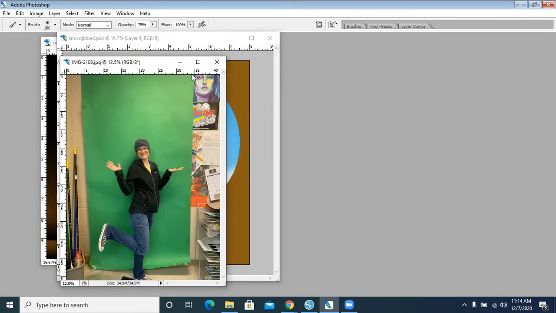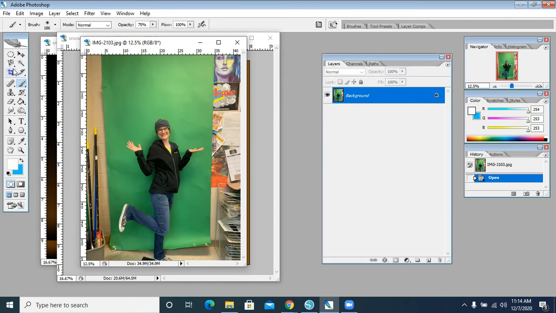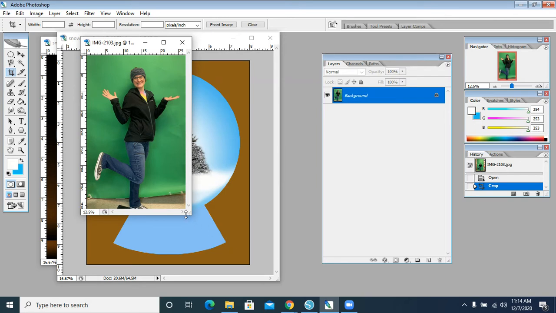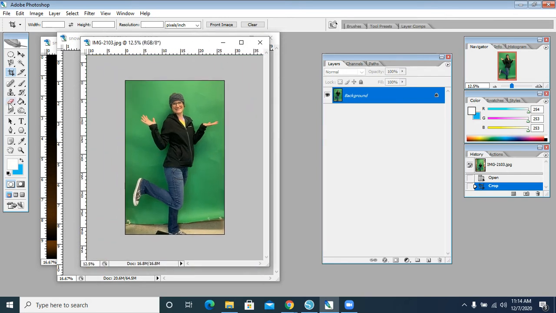So we took your picture in front of a green screen because it makes it easier to get rid of the background. So first I'm going to use the crop tool and I'm just going to get rid of some of the extra background. Save me a little bit of time. I'm going to use, you can either use the magic wand tool. You can hold down shift to add to your selection. You can do the whole thing like that, or you can select some of the green and then go to select similar. But honestly, sometimes just holding the shift key to add to it when you have a solid color might be faster. So once I have all of it selected,